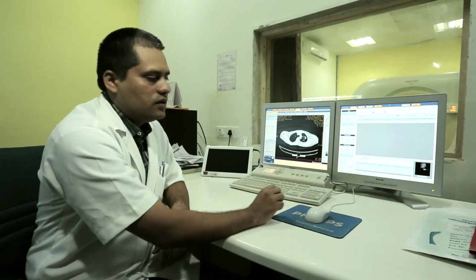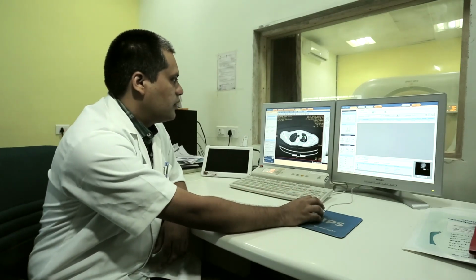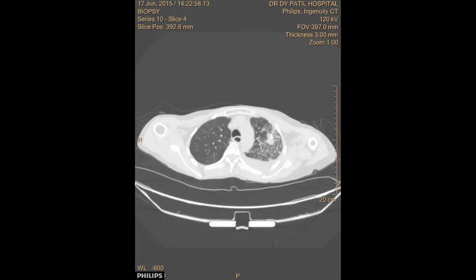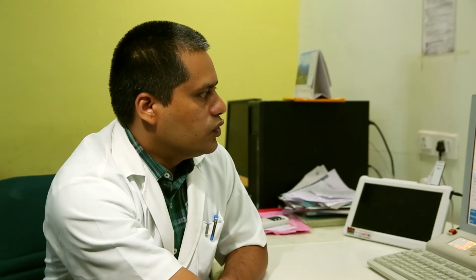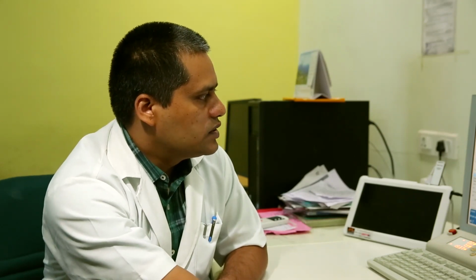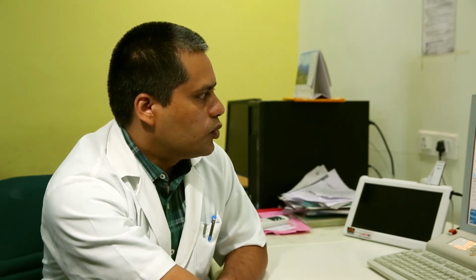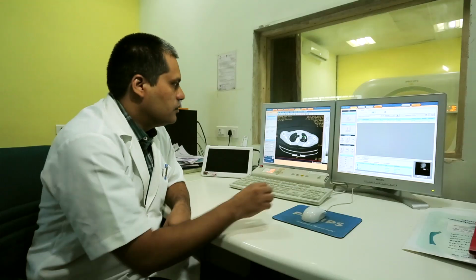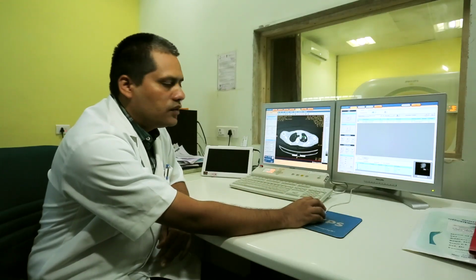X-ray showed opacity in left upper lobe and CT scan was done. CT scan is showing there is a focal lesion here in the left upper lobe. It measures around 13.6 millimeter in diameter. So we are going to do biopsy of this lesion. We will be approaching this lesion from anterior aspect here and then going for the biopsy with gun, which has throw length of around 11 millimeter.